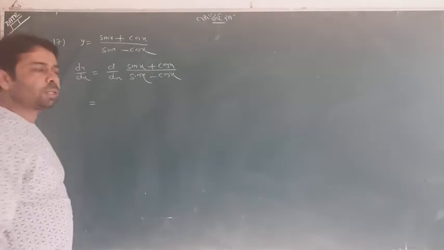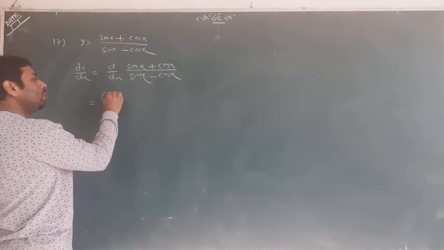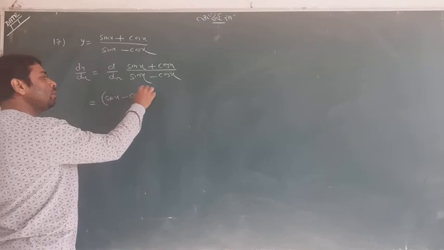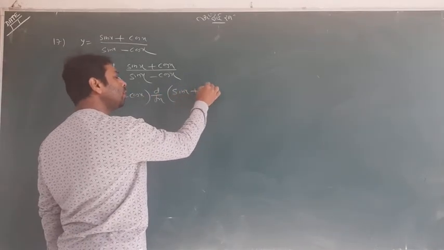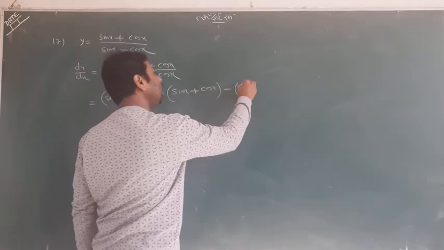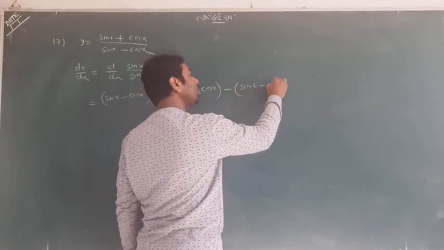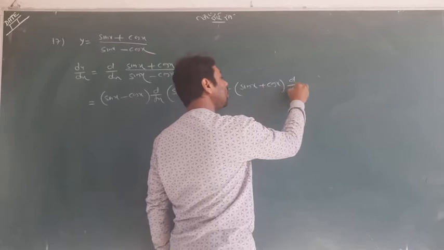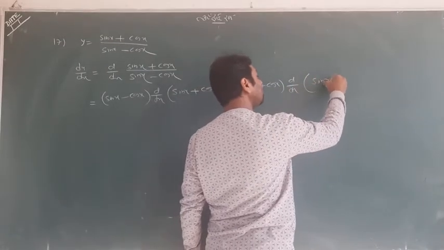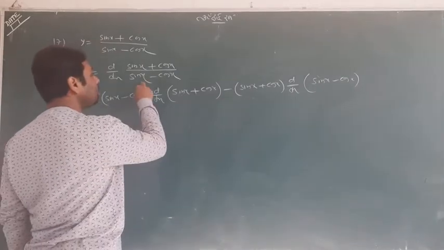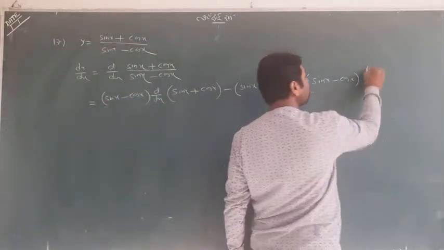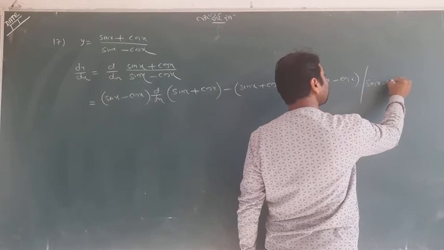So we start with division law. Denominator, you know that it is binomial, so that I will use a bracket. Numerator differentiation, minus just opposite, and d by dx of the denominator, and whole upon what will come, (sin x minus cos x) whole square. So I will write here only.